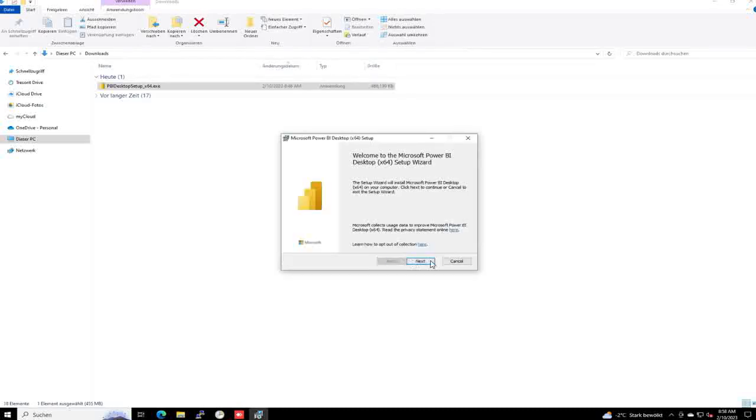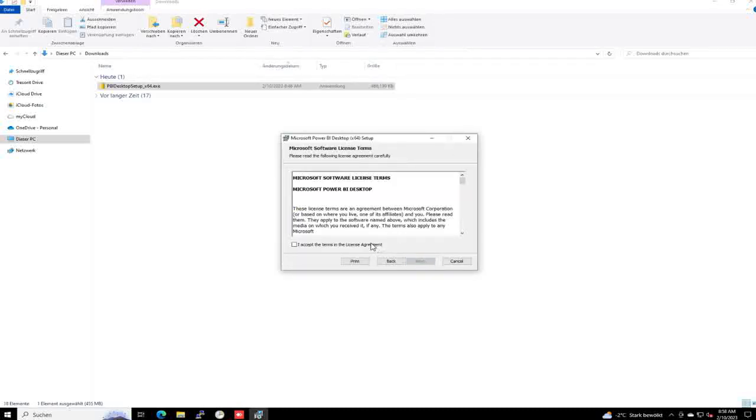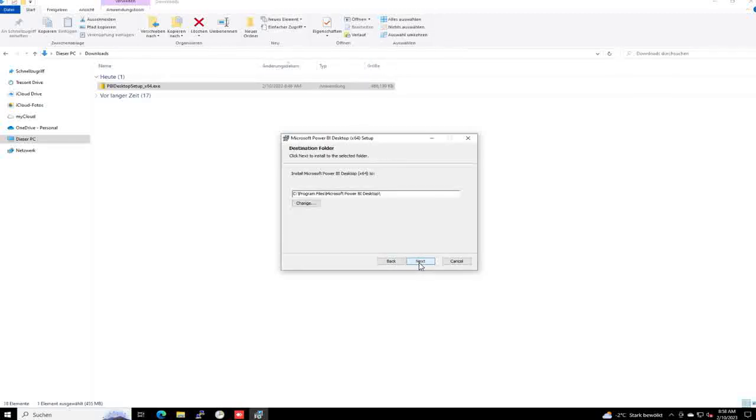Installation will be prepared. You need to accept the terms of the license agreement. I leave the file folder as it is suggested. I would like to create also a desktop shortcut, and by clicking install, the system